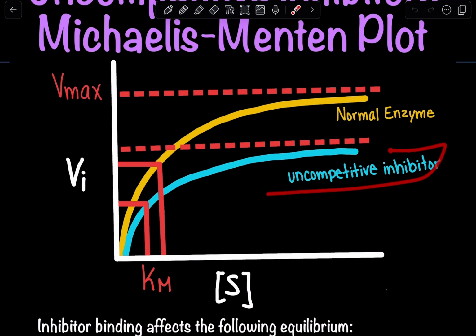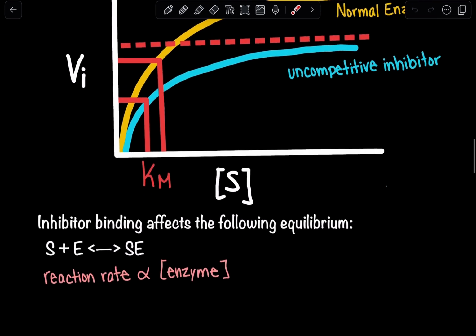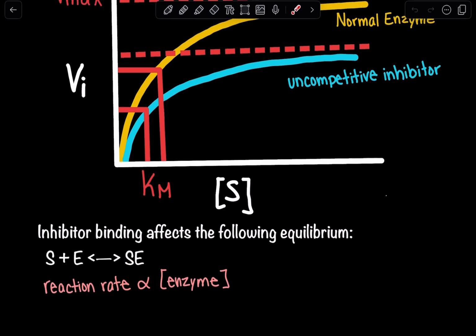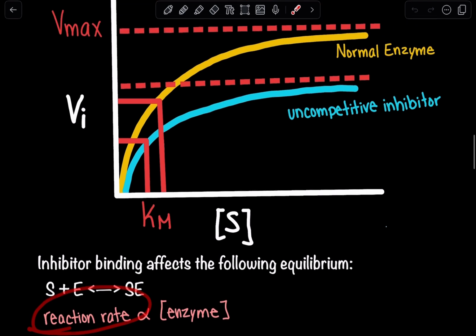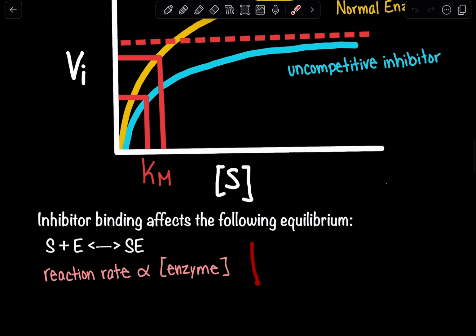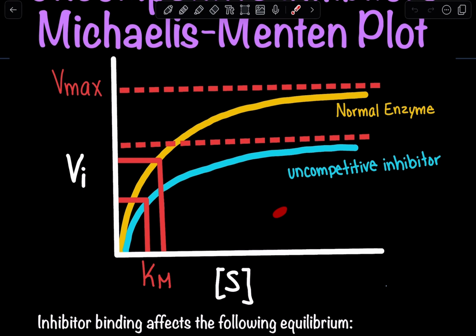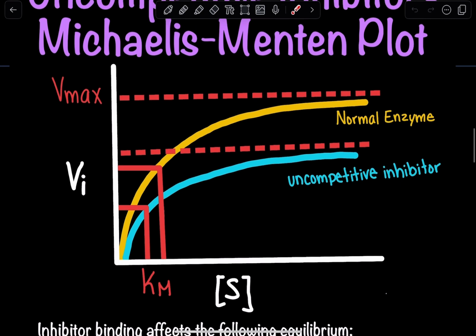Now, for uncompetitive inhibition, we can note that Vmax decreased, so our initial rate decreased. Why is that? That's relatively straightforward to understand because a reaction rate is going to be directly proportional to the concentration of enzyme. If you have lots of enzyme, the substrate is going to be used up more quickly, and the overall reaction rate is going to be much quicker than if you have a very low enzyme concentration. Just imagine one enzyme doing all the work compared to maybe having 10 enzymes doing the work together. So you're going to have a faster